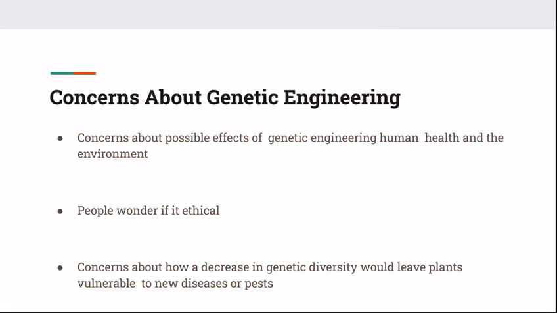Concerns about genetic engineering. There are concerns about possible effects of genetically engineered organisms on both human health and the environment. And at an even more basic level, some people wonder whether genetic engineering